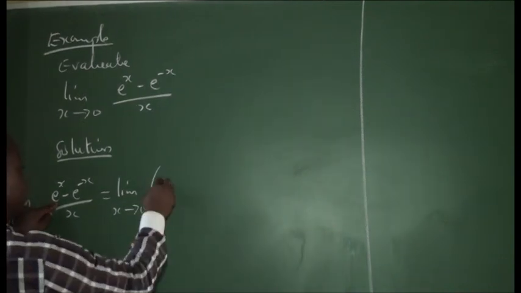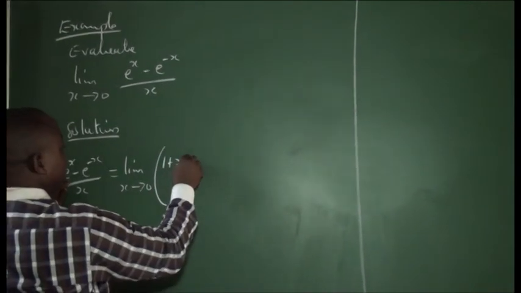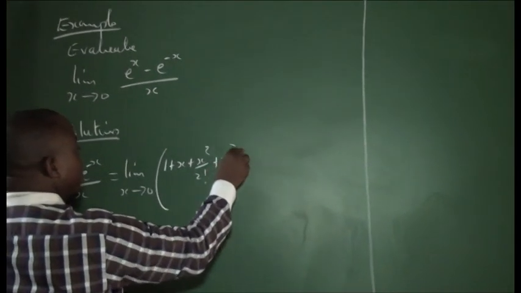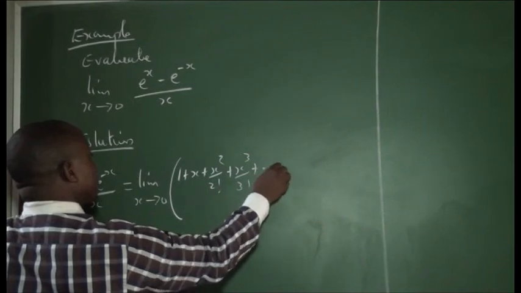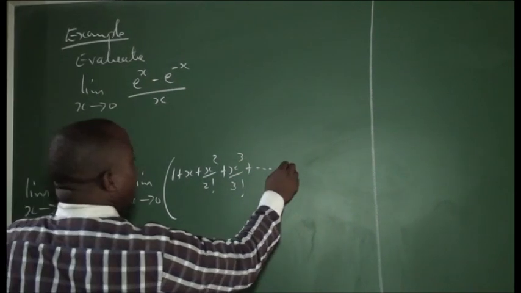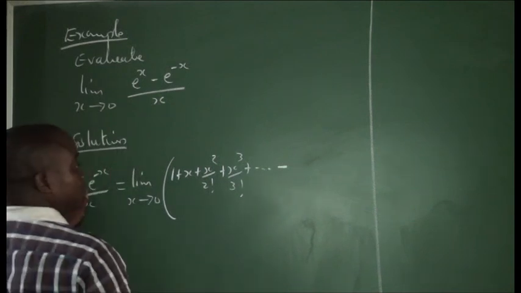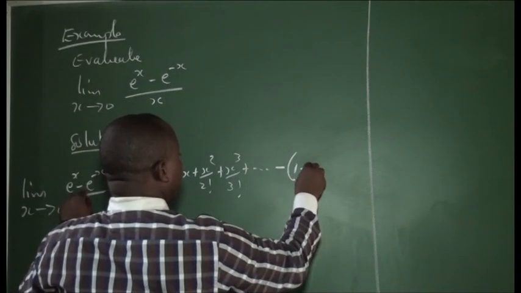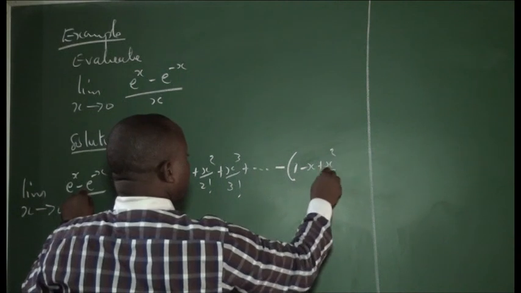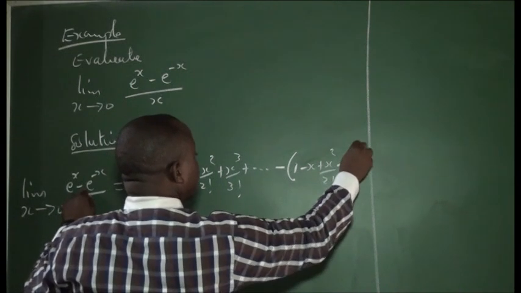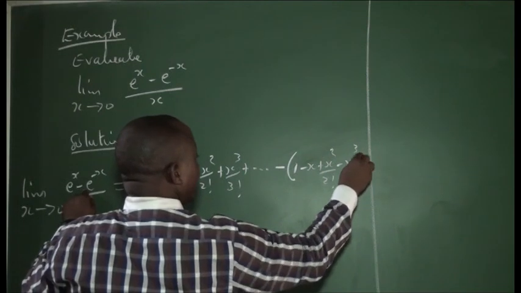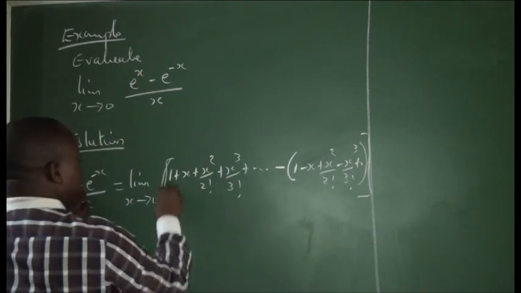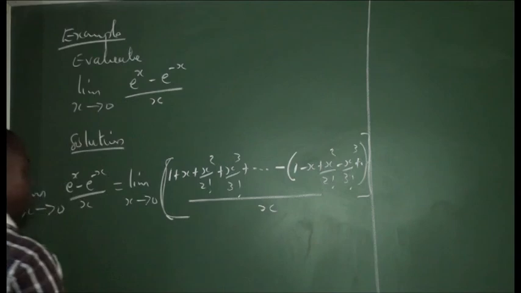Then e^x is 1 plus x plus x squared over 2 factorial plus x cubed over 3 factorial plus, continue in that way, till we have minus, then here again e^(-x) is 1 minus x plus x squared over 2 factorial minus x cubed over 3 factorial plus, you continue in this way. Okay, so over x, and that will give us